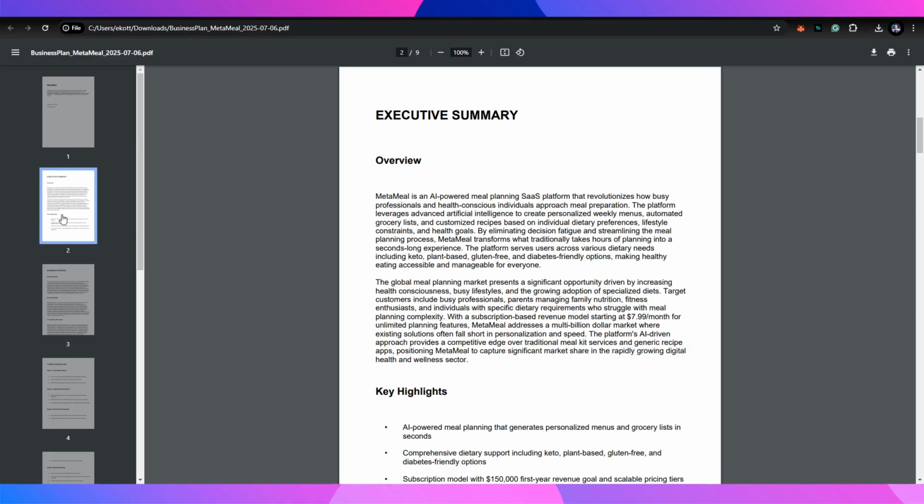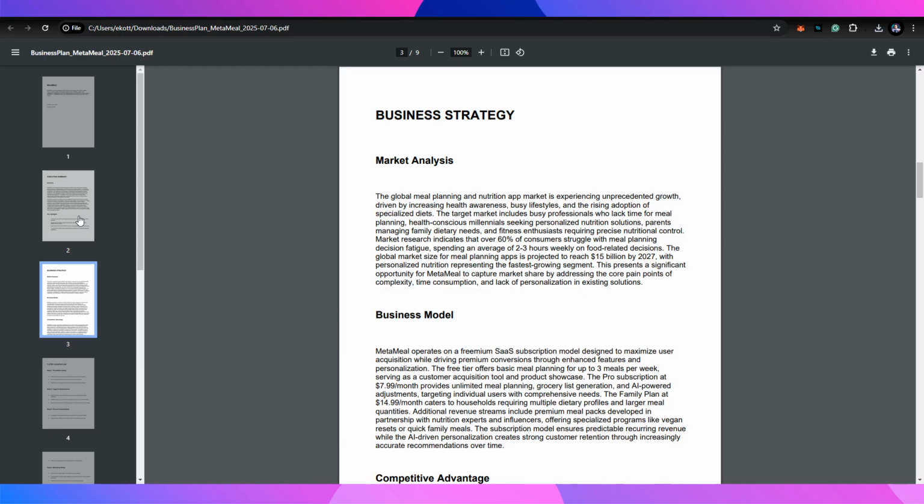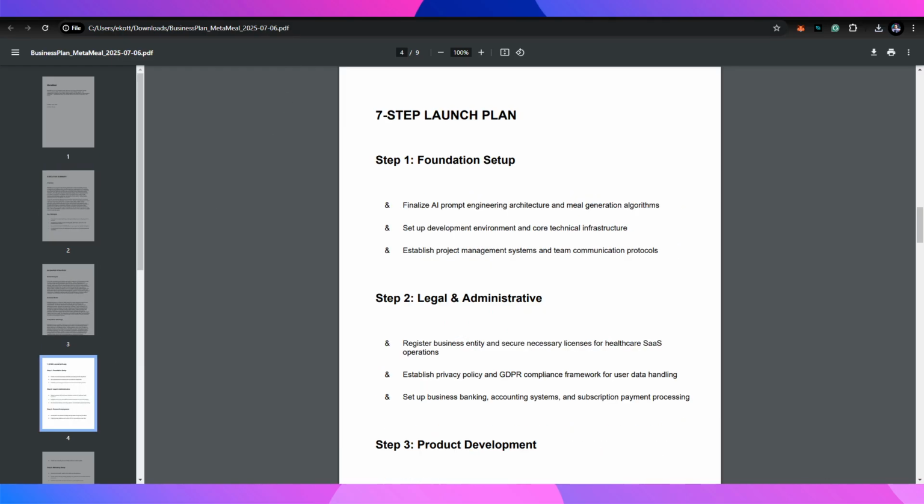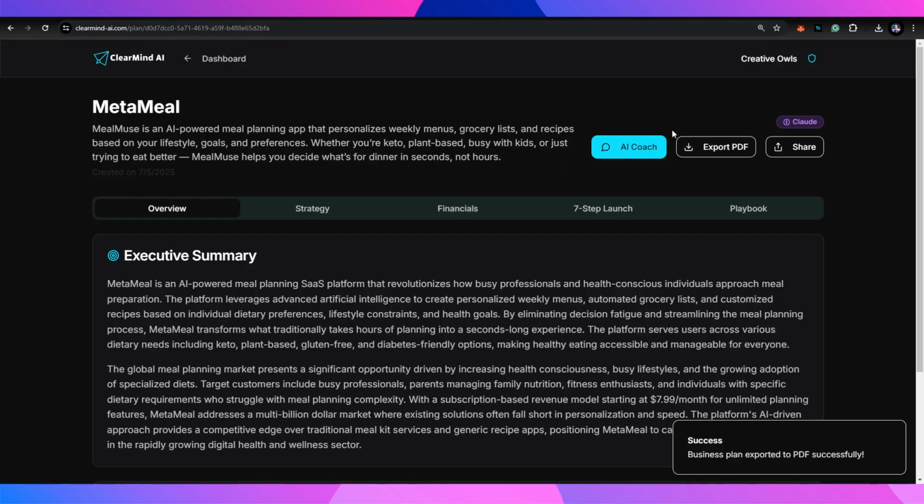Or if you are looking to get a business loan, you have to have a business plan and a marketing plan. This will start the process for you. So instead of spending 4 to 6 weeks, or 100 prompts trying to get this output, you are now able to do this in 60 seconds with ClearMind AI.